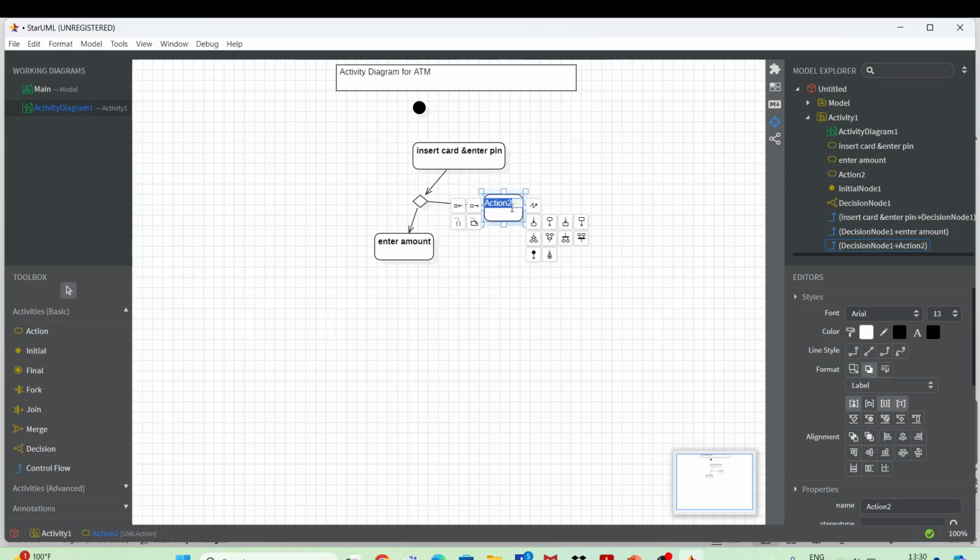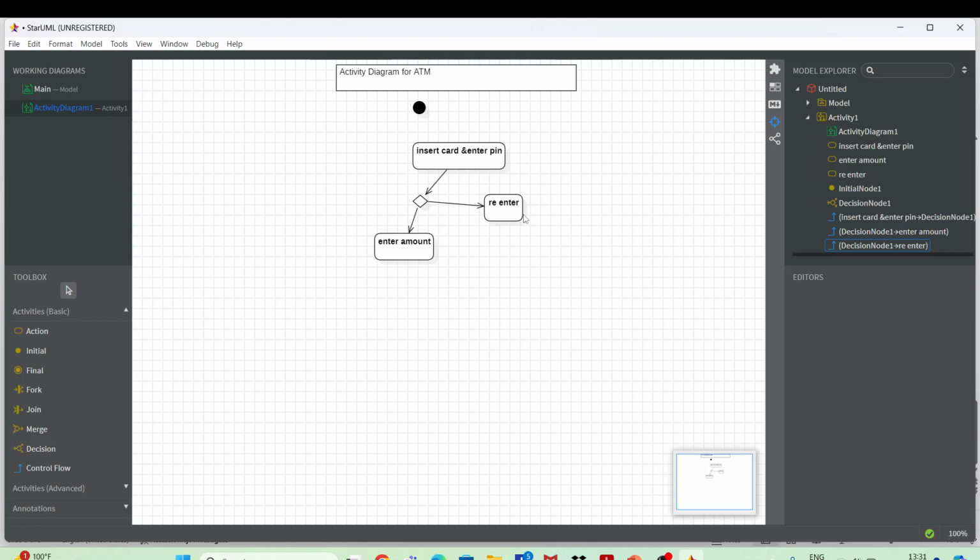Here we can type in re-enter, and you can take it back, or here also you can say not a valid card, and you can take it to the final stage. So it is entirely up to you.